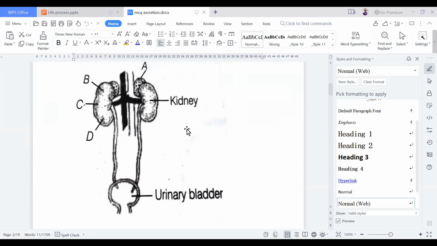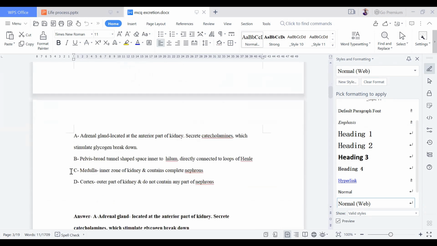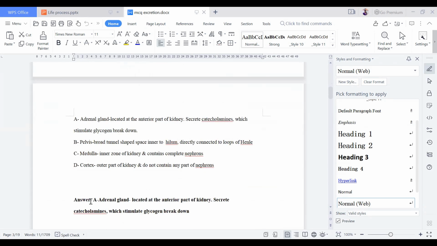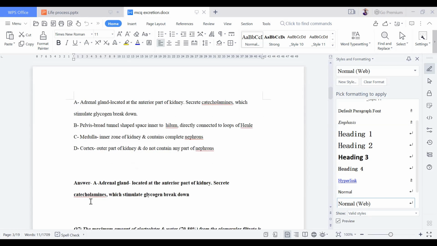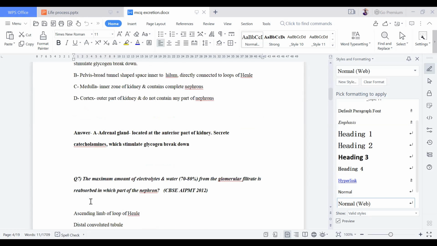Ma'am, adrenal gland A. Adrenal gland. Okay, good. So the right answer here is A, that is adrenal gland, located at the anterior part of a kidney. Question number 7. The maximum amount of electrolytes and water, that is 70 to 80% from a glomerular filtrate is reabsorbed in which